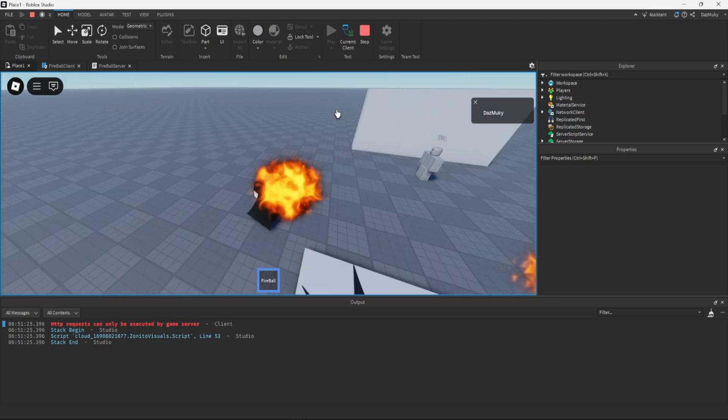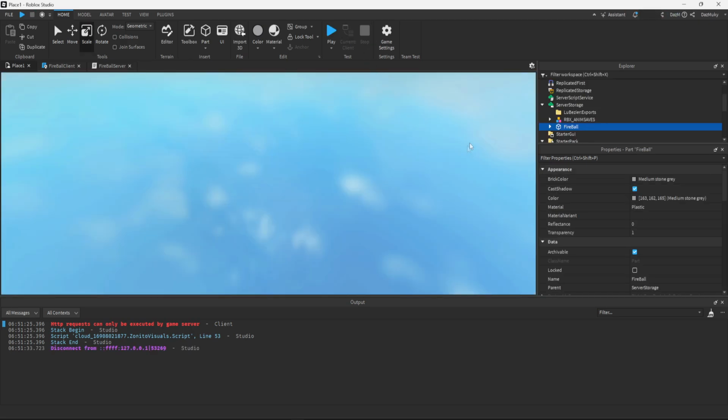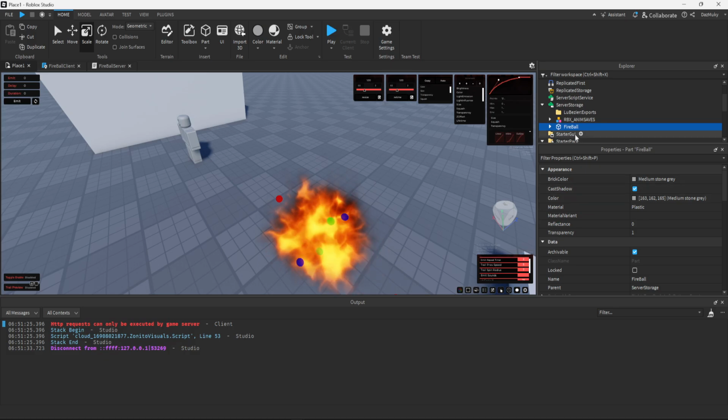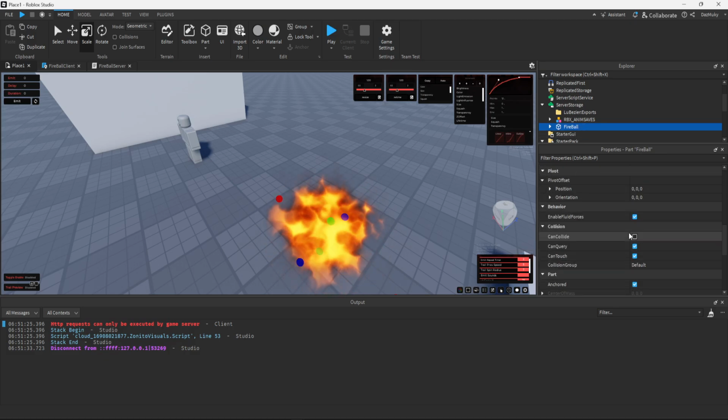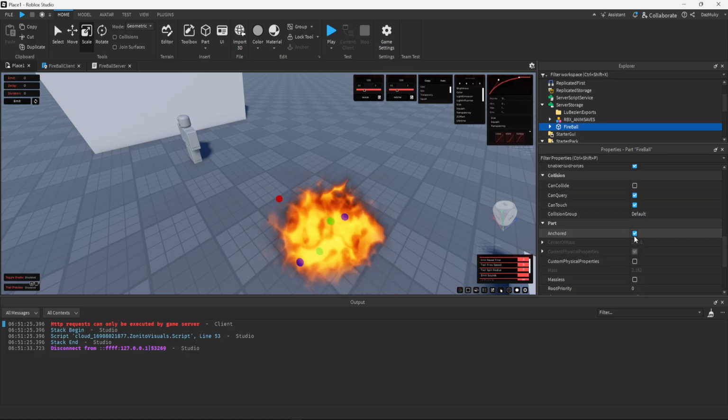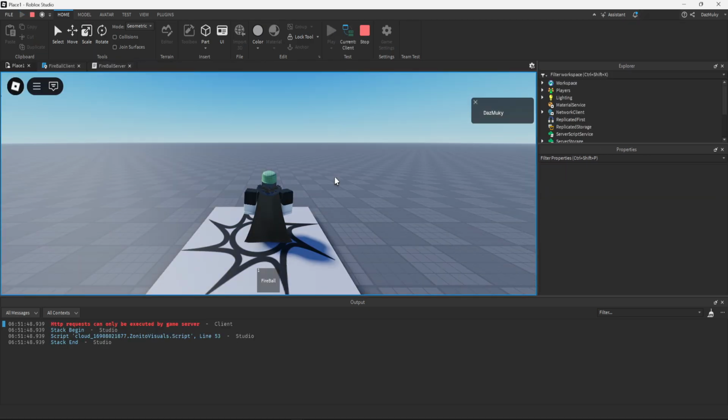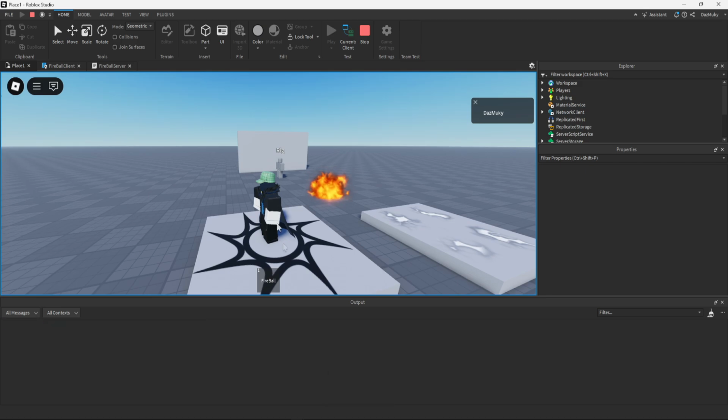Okay, so we'll click that. Oh yeah, that's another big thing. It keeps catching me out. If you've got anchored enabled on any of these physics-based parts, it won't work. I switched that on just for testing purposes earlier, but now we have to switch it off because that's why it's not working. It's not going to move. So if I just clear the output